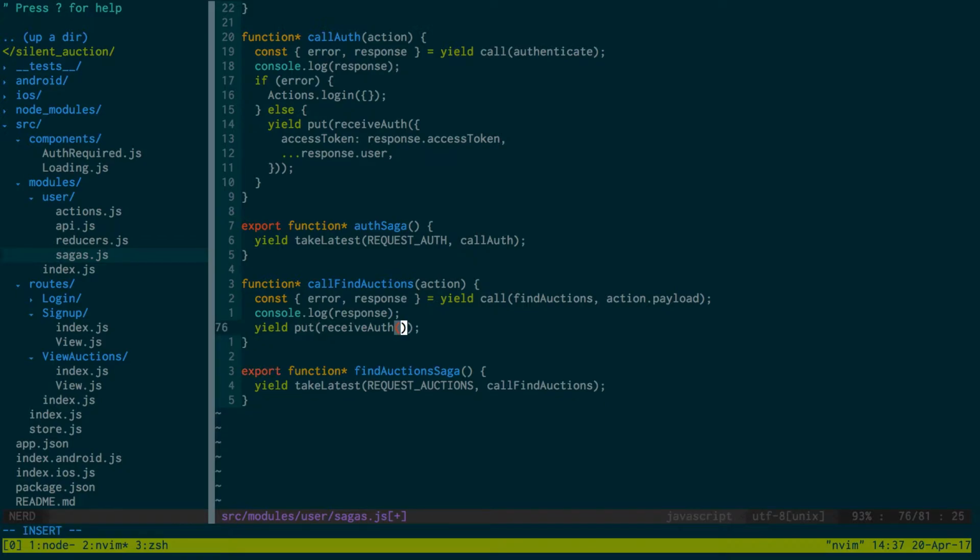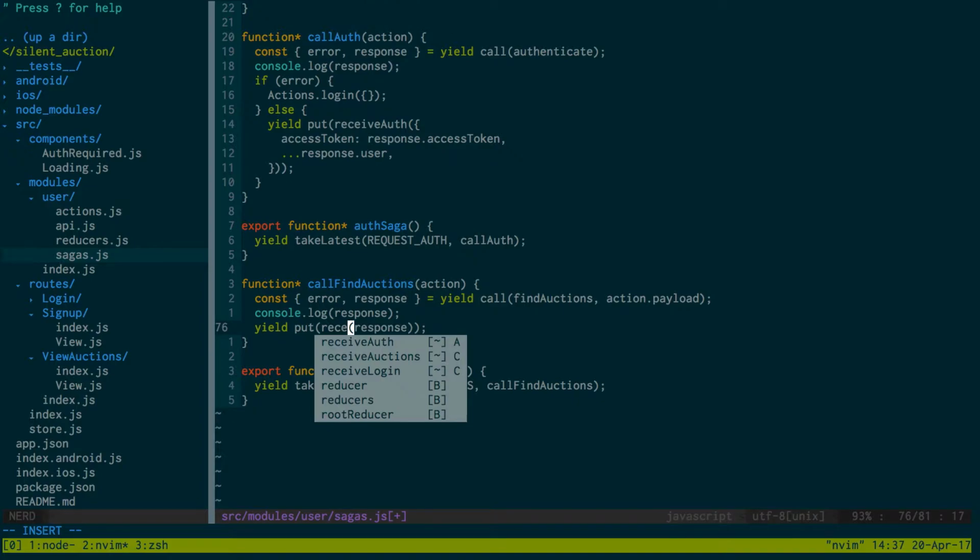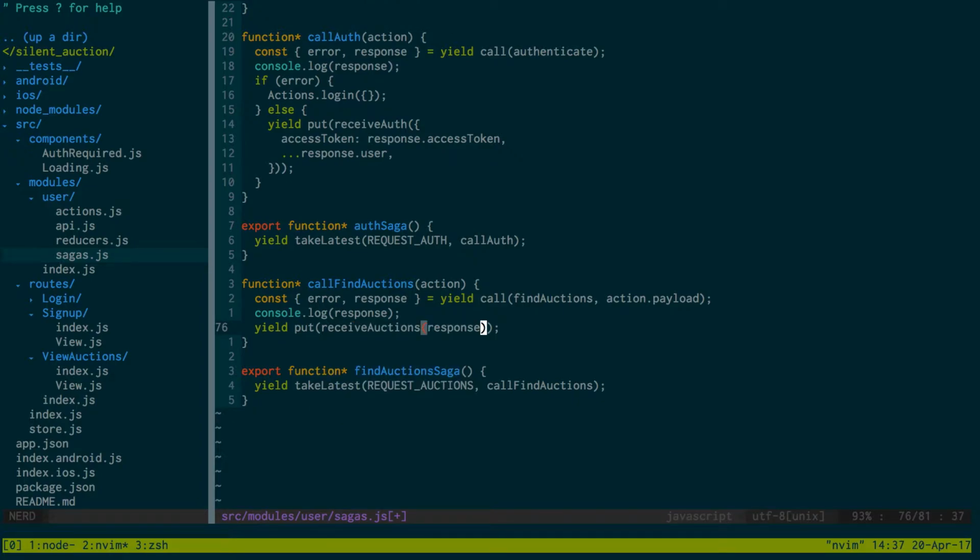So here we're going to pass the response in. This is receive auctions. And actually it should be .data. We should pass that in. Alright, now in our API